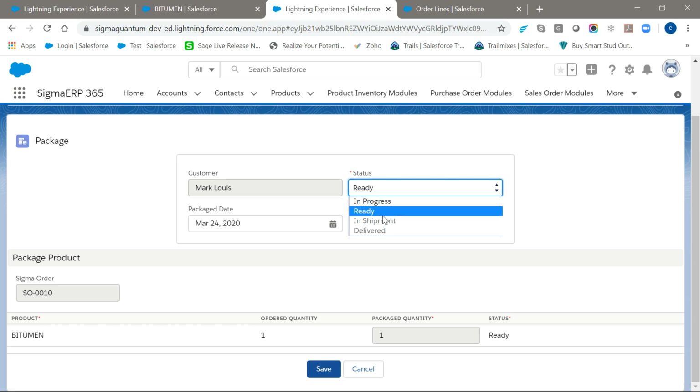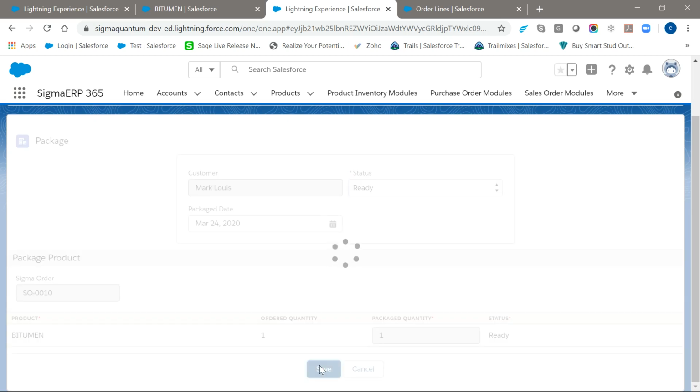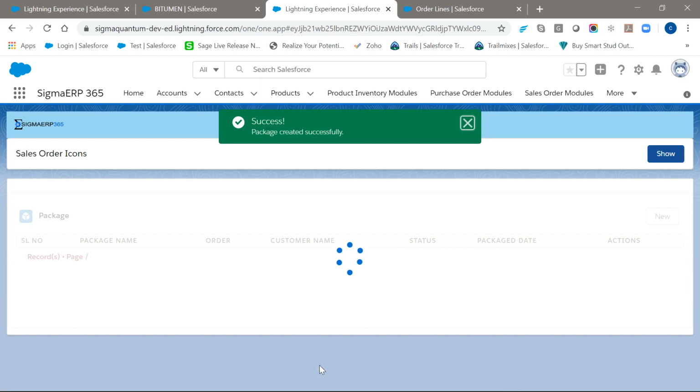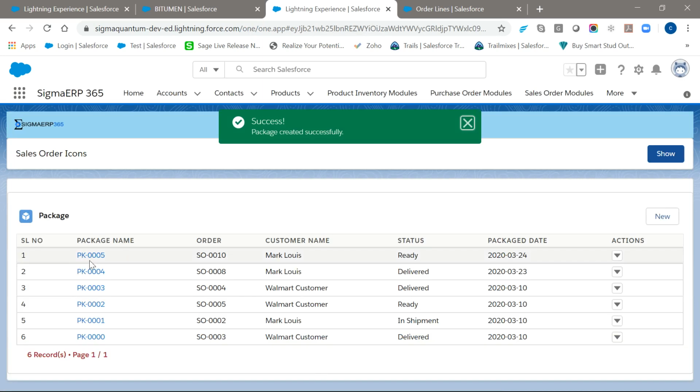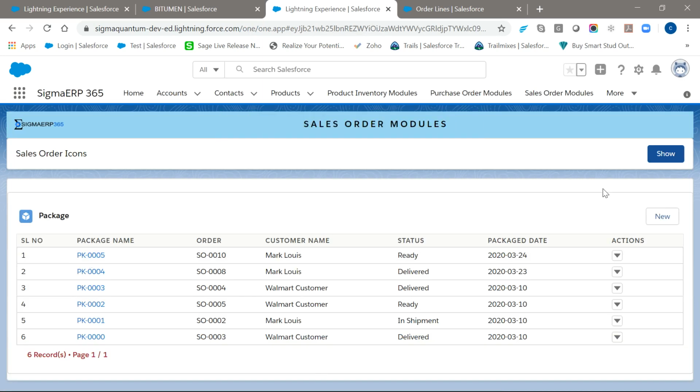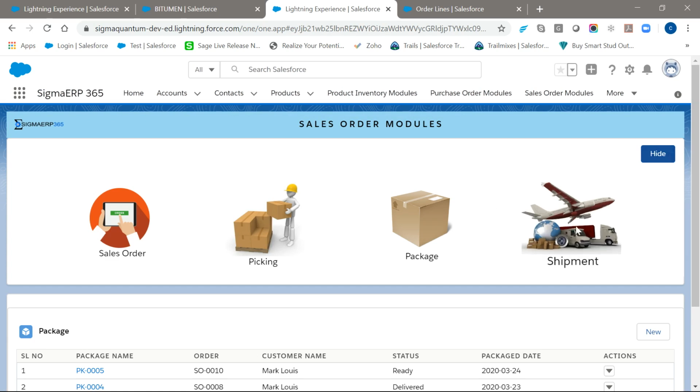Once the package is done and ready, it can be moved on with the shipment process. All the line items from the order are defaulted. I'll just validate and cross check the line items and click on save. This creates the package for me, which is PK005, and now I can proceed with shipments.